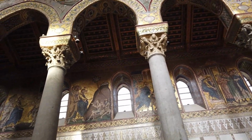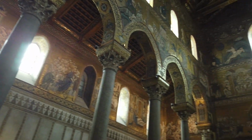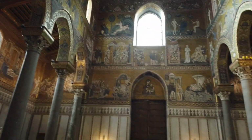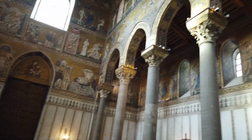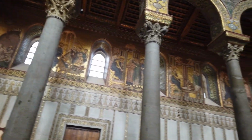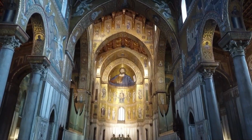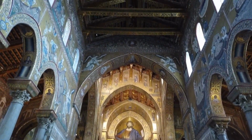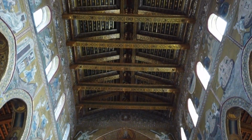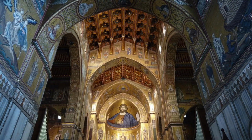The cathedral was built by William II and the first work was finished in the 1100s, and then it went on for centuries. I can't stop filming and photographing all these mosaics because they cover 6,340 square meters, where you can follow stories from the Old and New Testament, the creation, Eve, the fall of man,